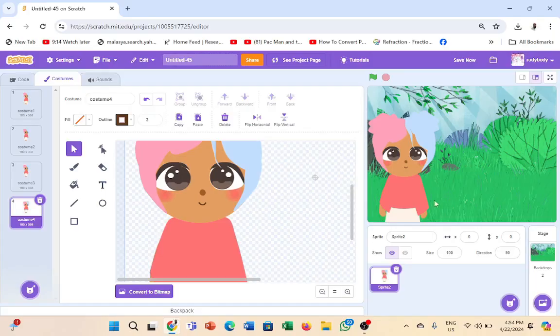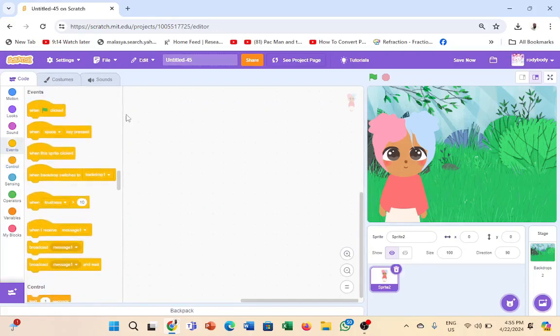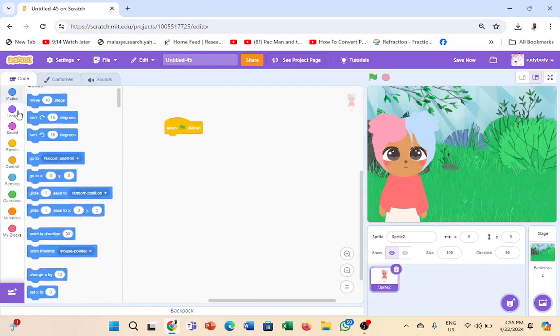Now, I've already set up this one. Now I just have to add the code. I have all of these sprites. And now I'm going to add when flag clicked,